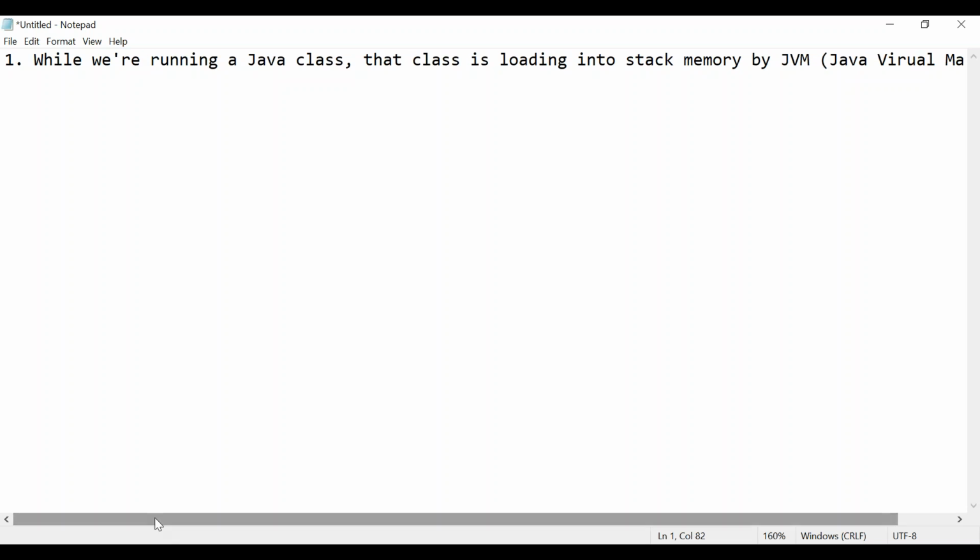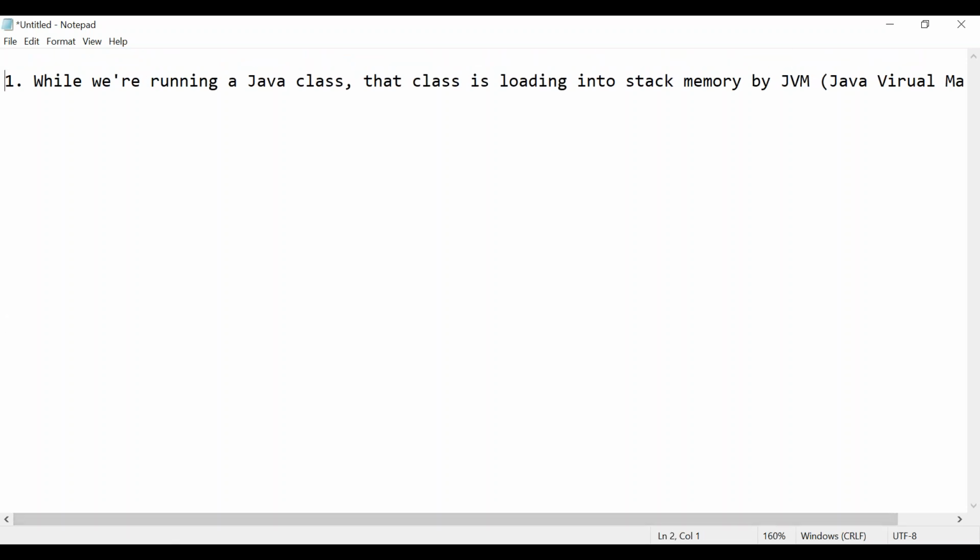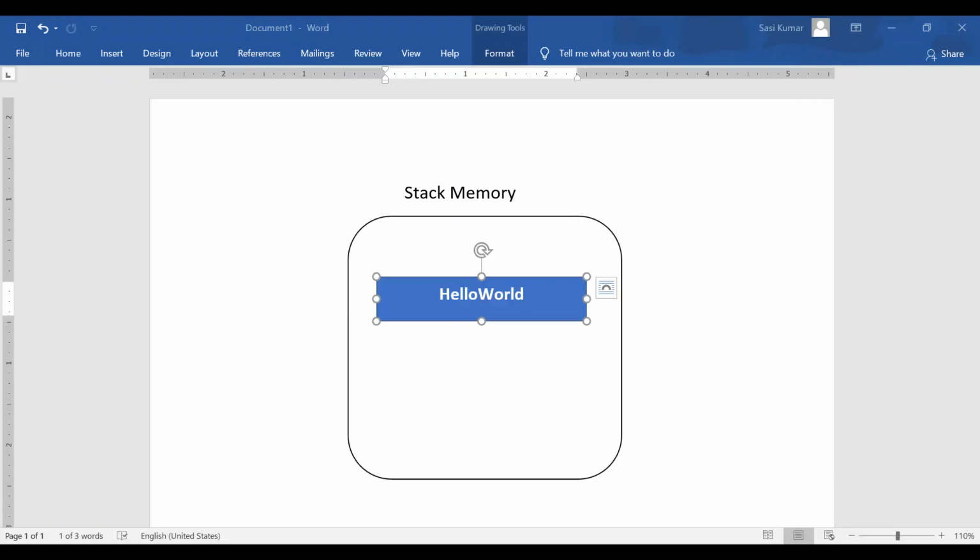You are getting it, right? While we are running a Java program, by default, the JVM first takes that class and loads it into stack memory.